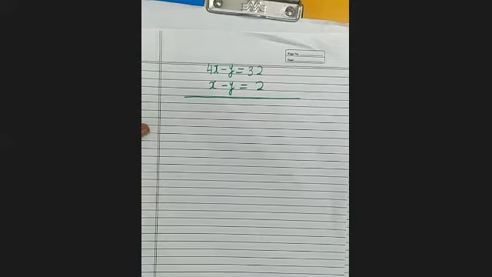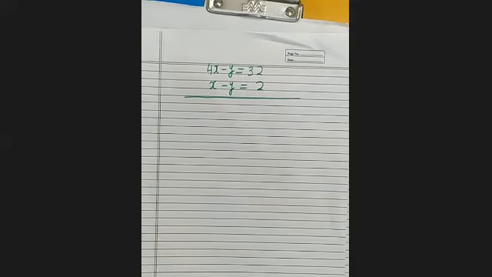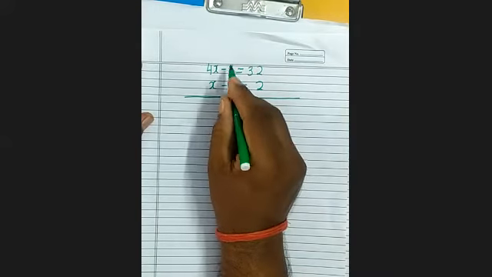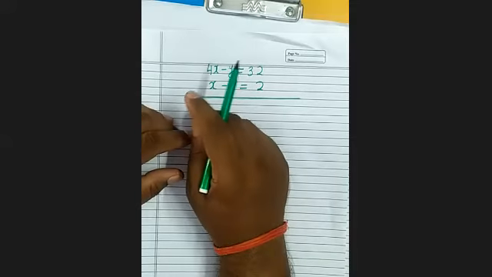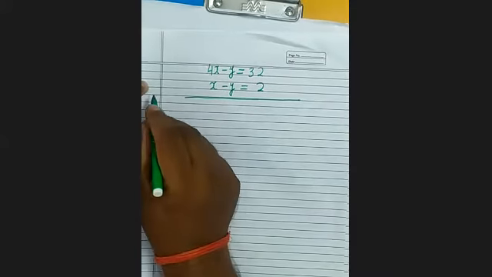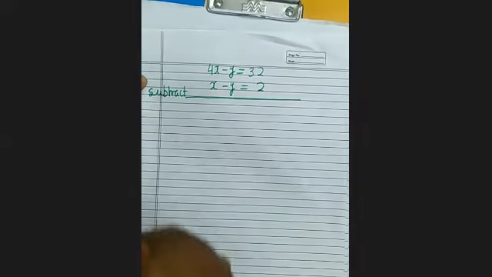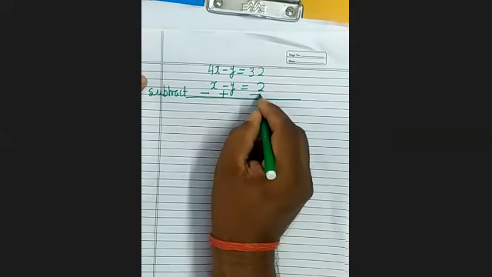Now tell me whether you will subtract or add. Subtract. Why will you subtract? Because the signs of both are the same. Same sign, then you will subtract. Opposite sign, then you will add. So here you will subtract, and when you subtract, the signs of the lower equation change. It will be minus, it will be plus, and it is minus.